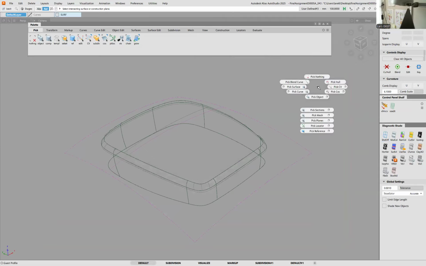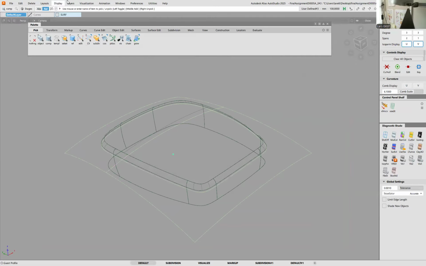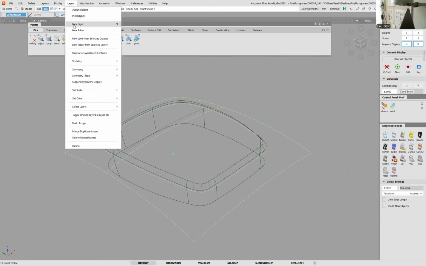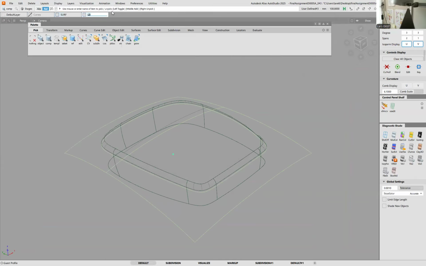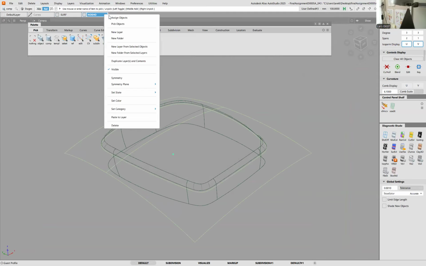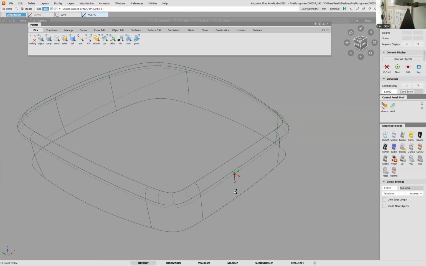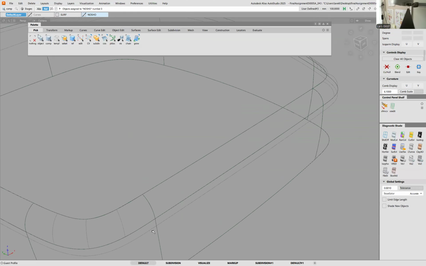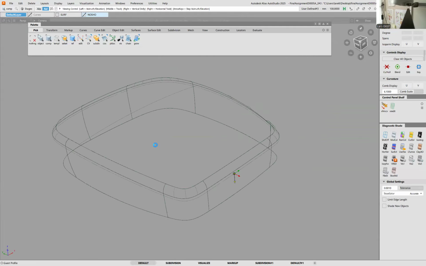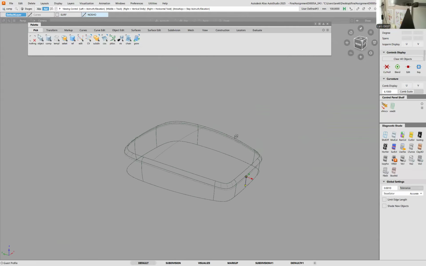and hide away our offset surface. This one goes into a new layer that I will call no show, like that, and assign that surface to that layer and turn it off. So what do I have here? Well, I got a kernel surface going all around the design, which is just what I need